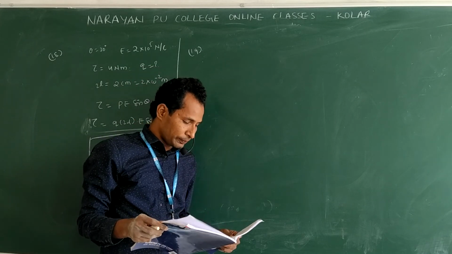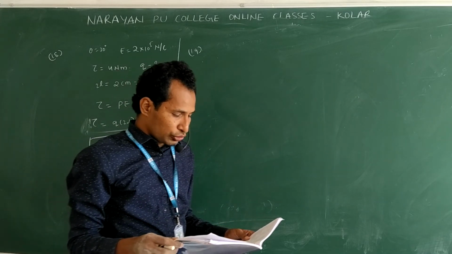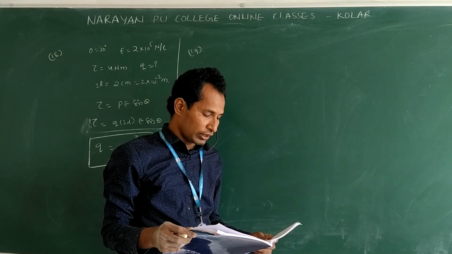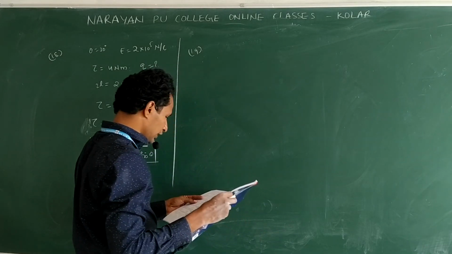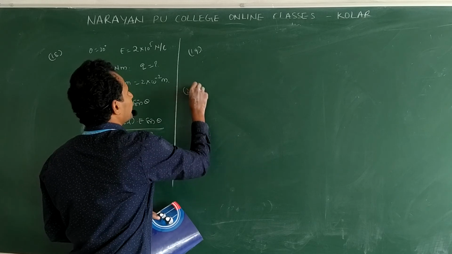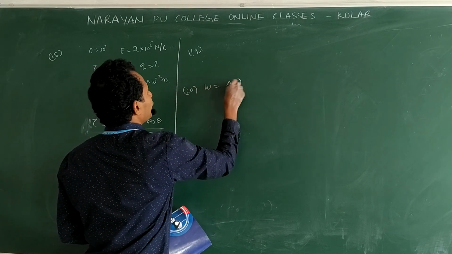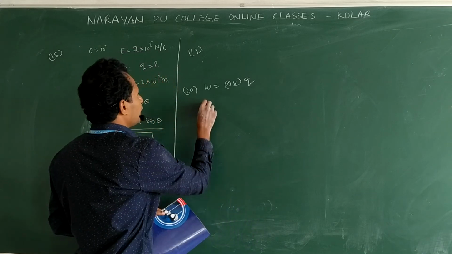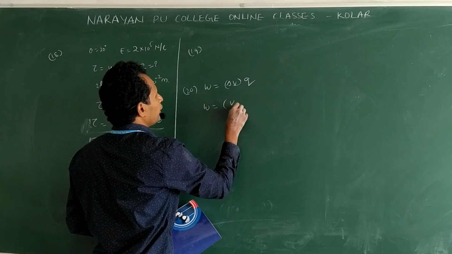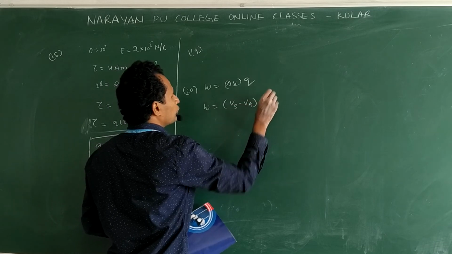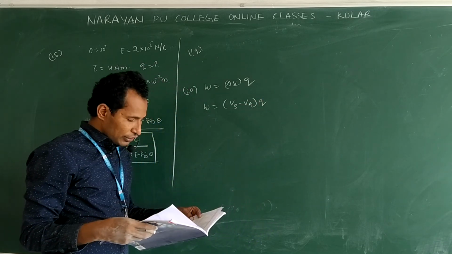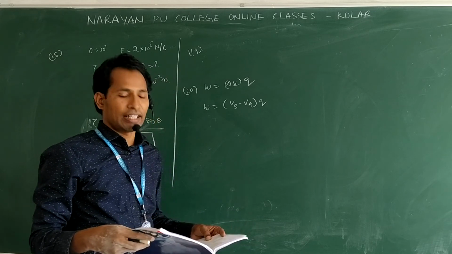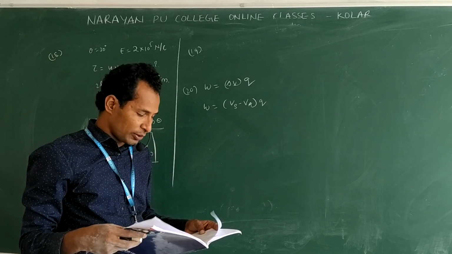Next, come to 20. The diagram below shows regions of equipotential surfaces. Then they are asking for work done. Again, follow the work done formula, W is equal to delta V into Q. So we write W is equal to VB minus VA into Q. They have given the VA and VB values there. You see the difference and find the answer. Probably in all the cases you will get the same difference. First case, 40 minus 10, 30.